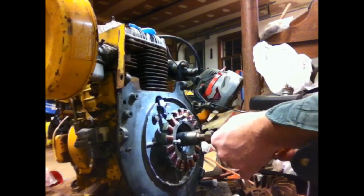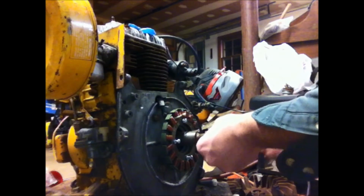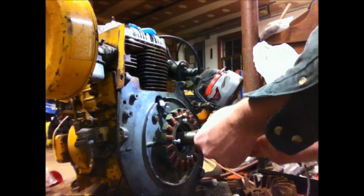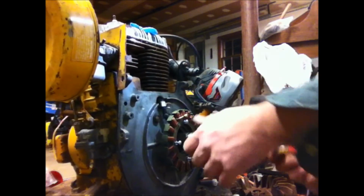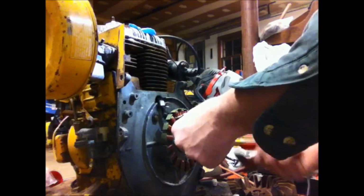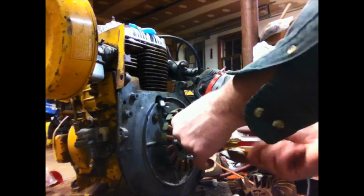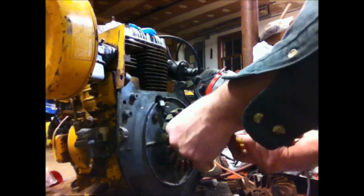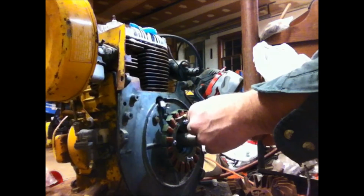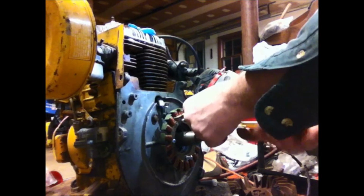Screw these in. Now the beauty about these Kohlers is that pretty much you can swap whatever you want between any of these different spec numbers. And they all have the same crank, cam, valves. Some of the 16 horses have a big valve for exhaust and a little valve, but bearing plates, shrouds, all this stuff is interchangeable. This particular stator happens to be the most popular one that Kohler had, so it's on